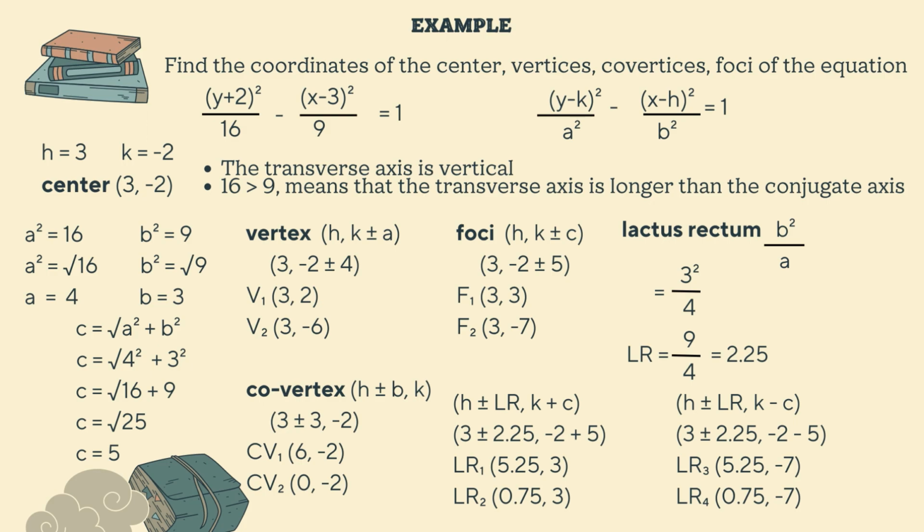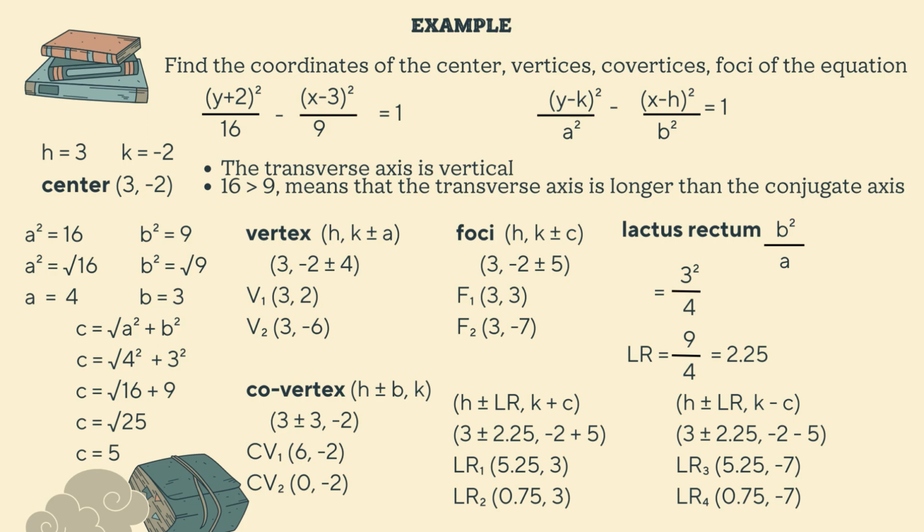Now we will find the endpoints of the latus rectum. We will use h plus minus LR, k plus c, and we will also use h plus minus LR, k minus c. For h, we have 3. For the LR, we have 2.25. For k, we have negative 2, and for c, we have 5. So 3 plus 2.25, we have 5.25. 3 minus 2.25, we have 0.75. Negative 2 plus 5, we have 3. So for LR1, we have (5.25, 3). For LR2, we have